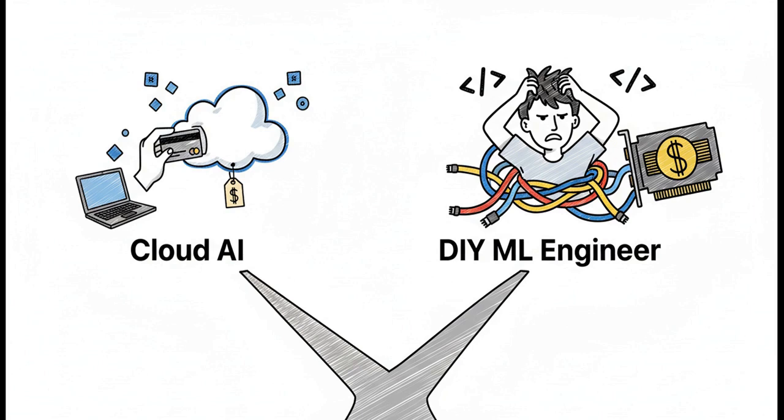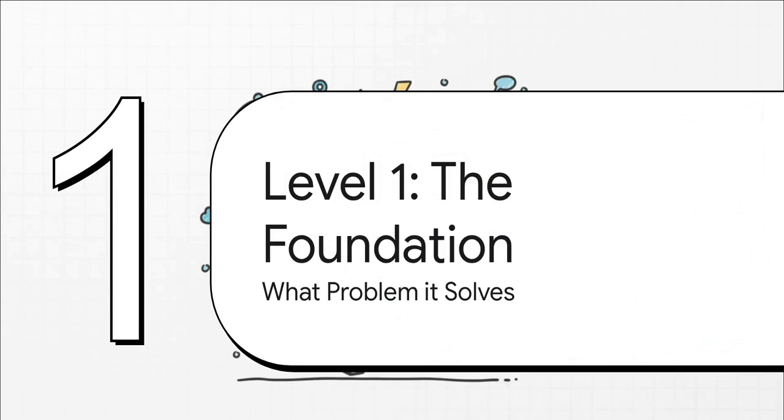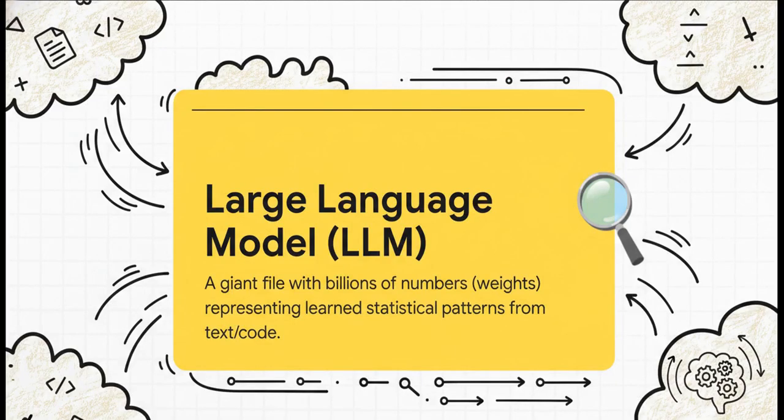Option two, go full do-it-yourself. That meant hunting down crazy expensive GPUs and getting lost in a total nightmare of complex code and dependencies. It just wasn't practical for most people. And that brings us perfectly to level 1 of our explainer, the foundation. We gotta understand the core problem that Ollama was built to solve, which is basically tearing down all those old